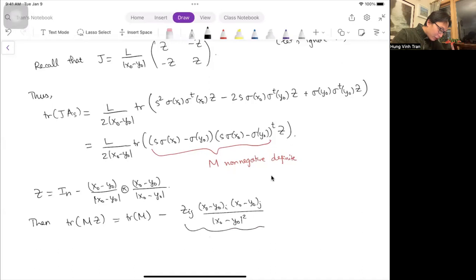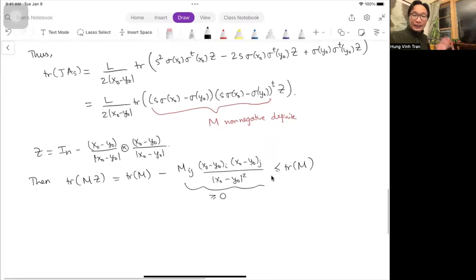So this part is non-negative because M is non-negative definite, so the whole thing is less than or equal to trace of M. Meaning that we can get rid of the tensor part. It's not harmful. Thus, as a conclusion, we get that the trace of J times AS is less than or equal to